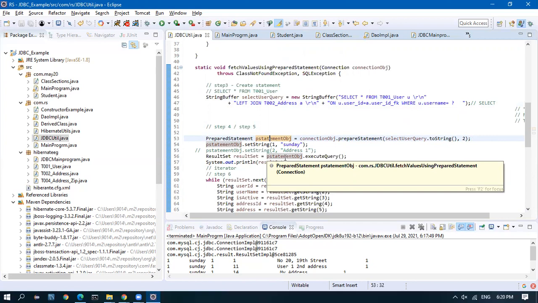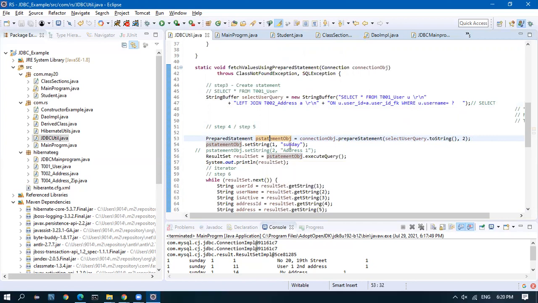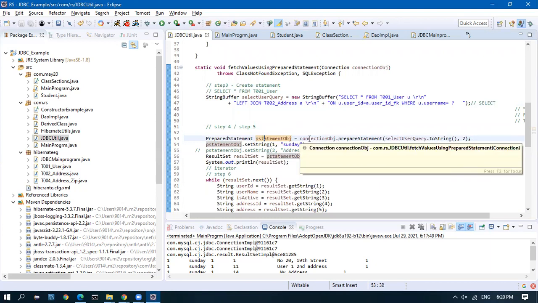You have to take that string TV and pass it to the backend and do a search and append it to the item name. So it will list all the TVs. That's where we are using it. So we have a prepared statement, and the prepared statement is created using